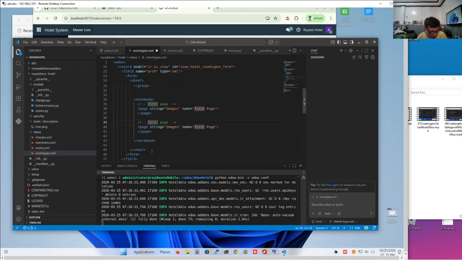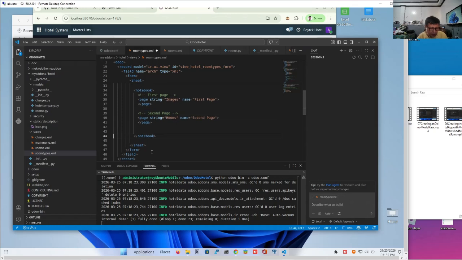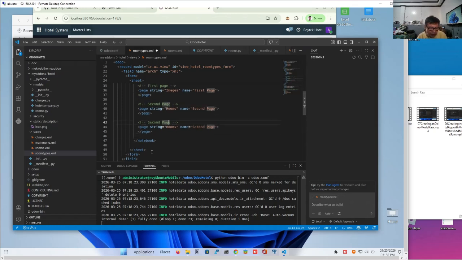And the third page will be the charges, the daily charges. Remember we are going to have daily charges assigned for every room type.